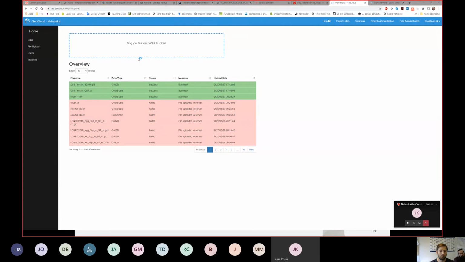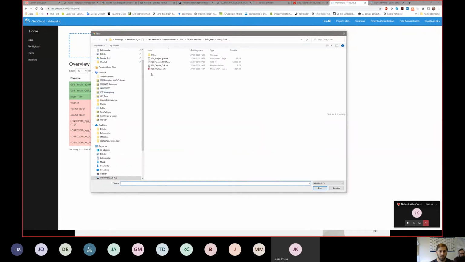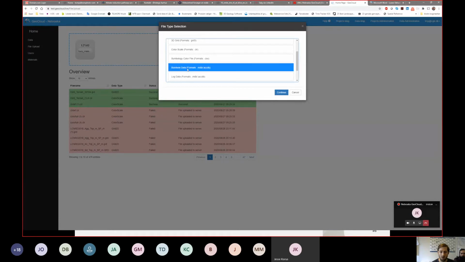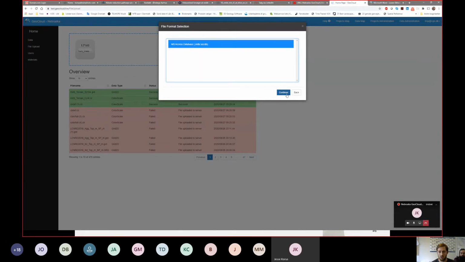It will become a little bit more advanced, you could say, when you go into databases or such as AM files, because you'll have to choose and tell the database a little bit more information about the file that you are trying to upload. So here I selected my well database, and that was a borehole data from a Microsoft Access database. These two file versions, I'll press continue